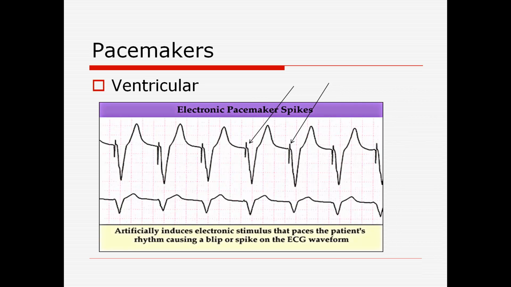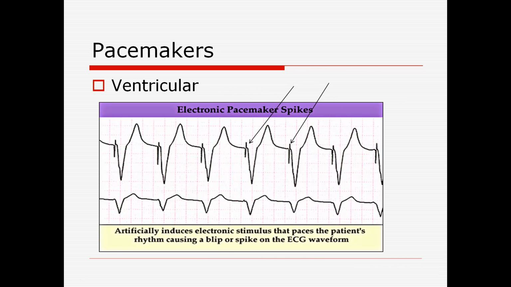Notice you have a pacer spike just before your QRS. Now, remember, if an electrical impulse originates in the ventricle, it would be wide. That's where these originate, so it's a very wide QRS. And you see here, you have a pacer spike, pacer spike, pacer spike before each QRS, meaning the pacemaker is